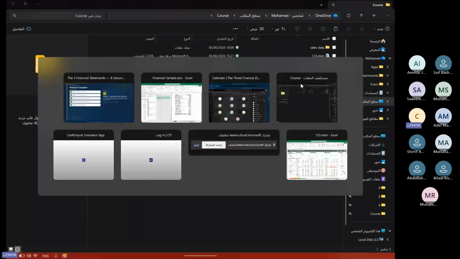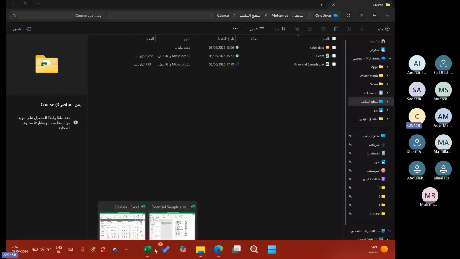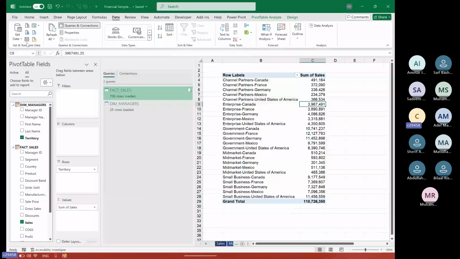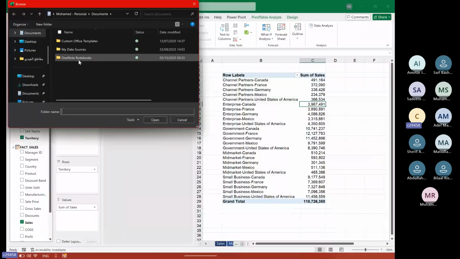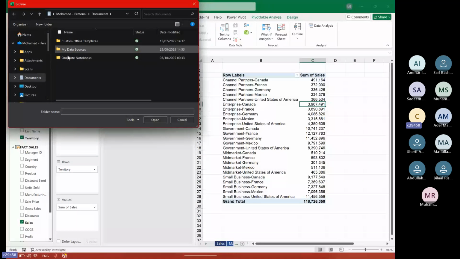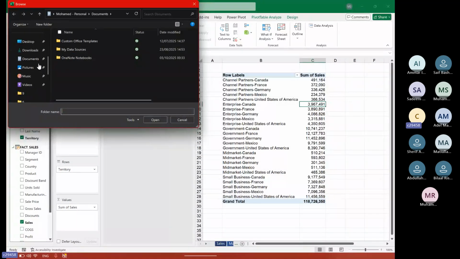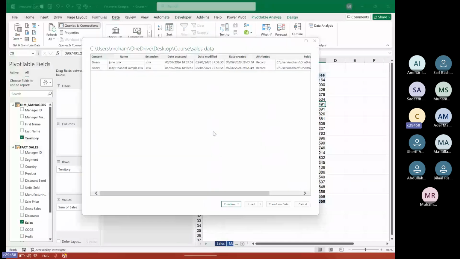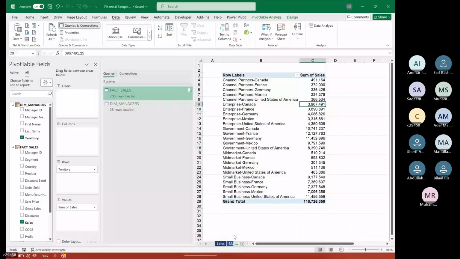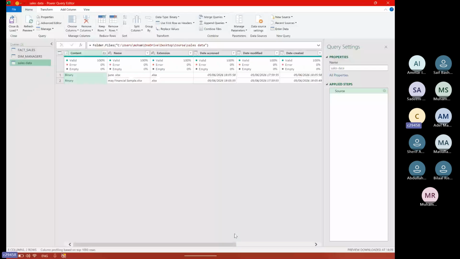And as you can see here, I will also show it to you. You will find this from folder, so you can choose your folder as you want. Any folder that has any data, you can add it, and it's very easy. This is our sales data. We can open it, and here we have two files, June and May. If we make transform, you have your data here.